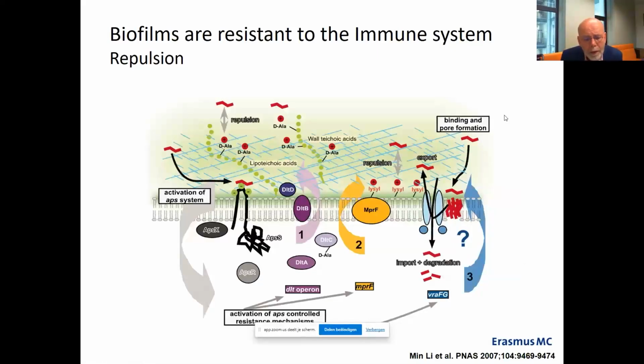When we look at Staphylococcus aureus, there's another issue here, and that is that bacteria in biofilms get exposed to antimicrobial peptides, and there is a component system that is able to register these antimicrobial peptides. As a consequence, alanines will be placed on the lipoteichoic acid and lysyl groups on the phospholipid layer, making the charge of the bacteria slightly more positive, causing repulsion for the antimicrobial peptides. Unfortunately,